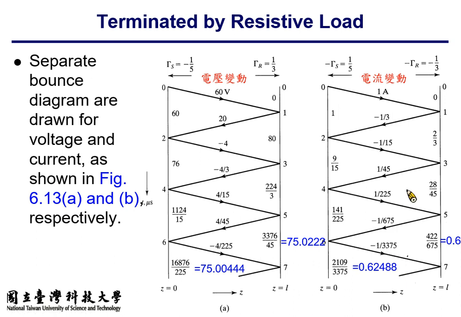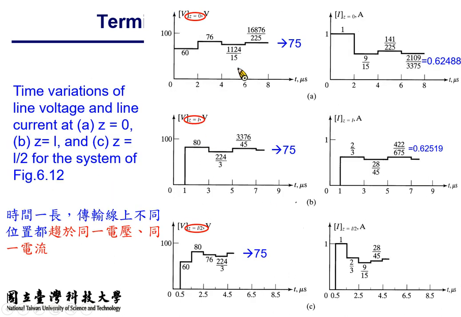Okay. And yeah, so with enough observation time, all the voltage and all the current values will approach the same value on the transmission line, because with several bounces, the signal